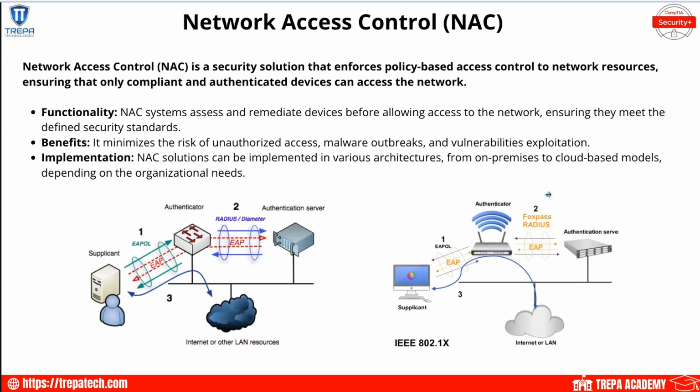Network access control. So at a high level, network access control just describes a security solution that enforces policy-based access control to network resources. So this is like when we deploy RADIUS 802.1X. We have supplicants that are trying to get authenticated by our AAA server. That's network access control, where if they don't have the right certificate, if their MAC address isn't in the map, if they're not being authenticated using RADIUS or 802.1X to our Cisco Identity Services Engine,